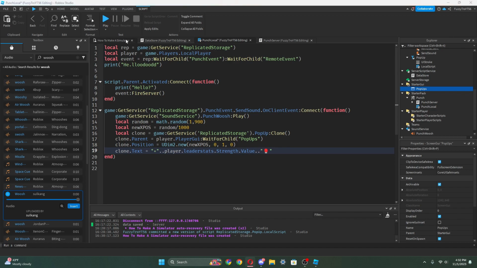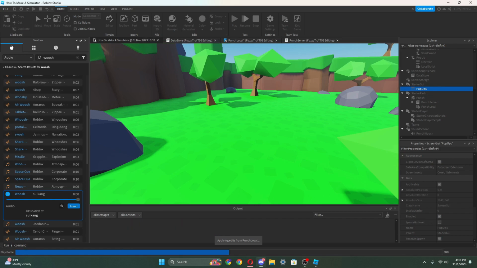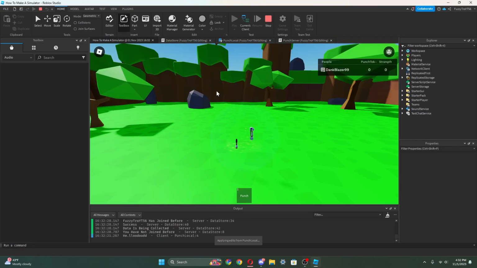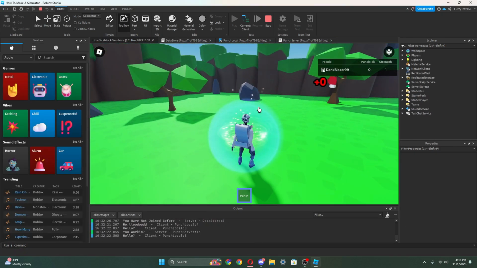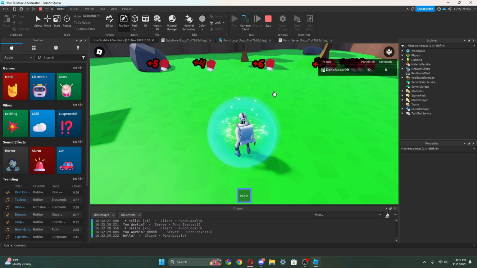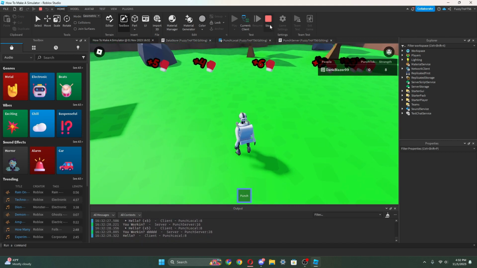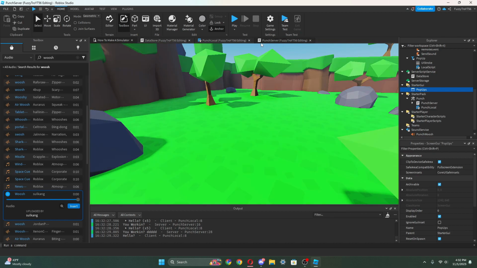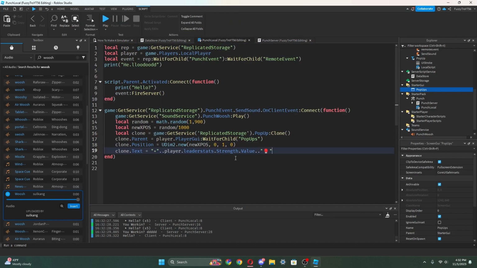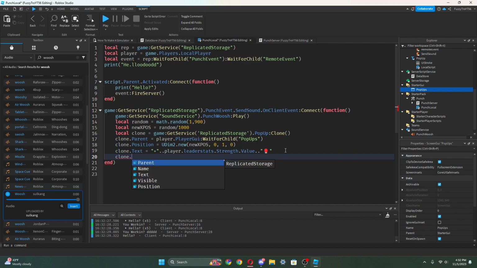Okay, now let's just check if this works. Alright guys, and I'll fix any errors if there are any problems. As we see, it seems like it's working. The problem is they do not disappear afterwards. So what we're going to do is go in here and do clone, actually we're going to do